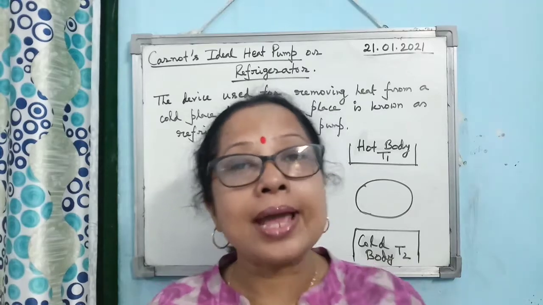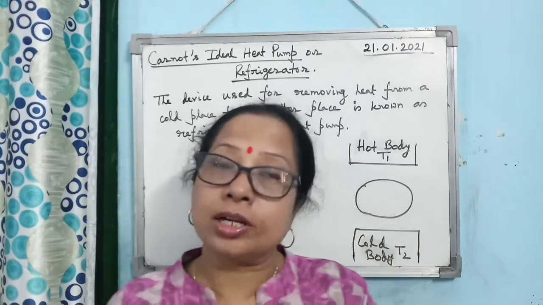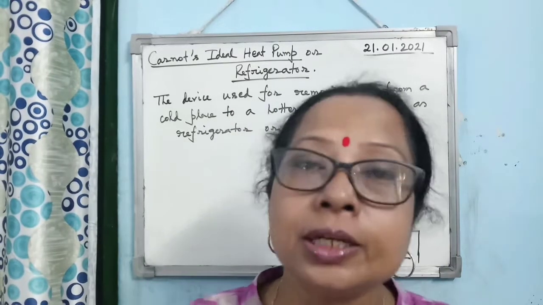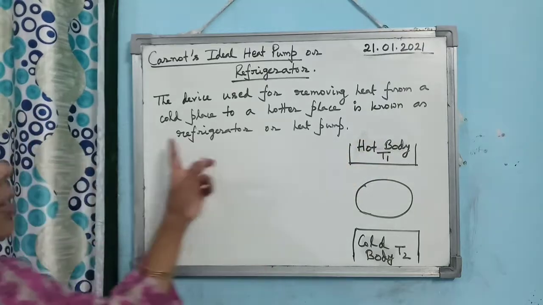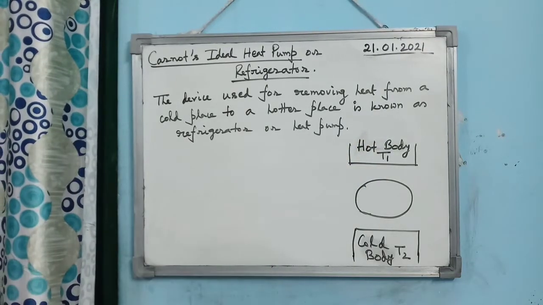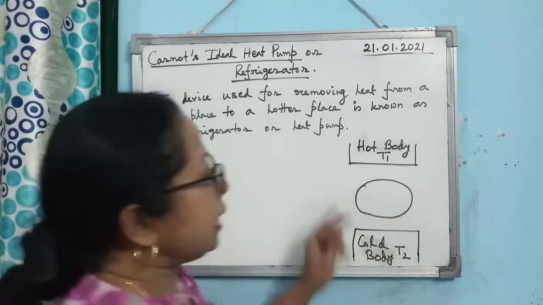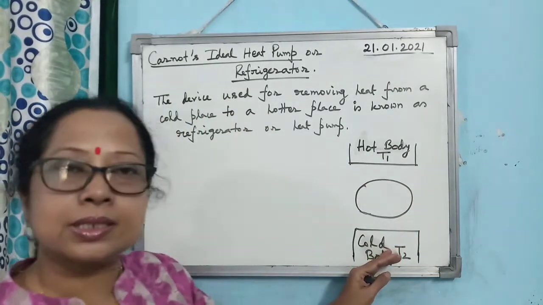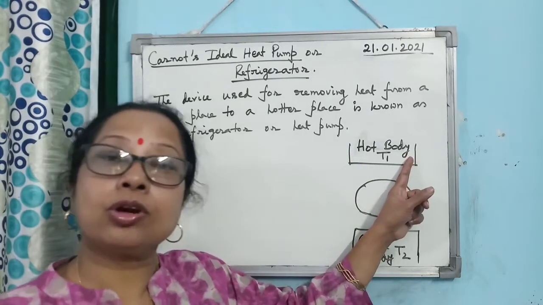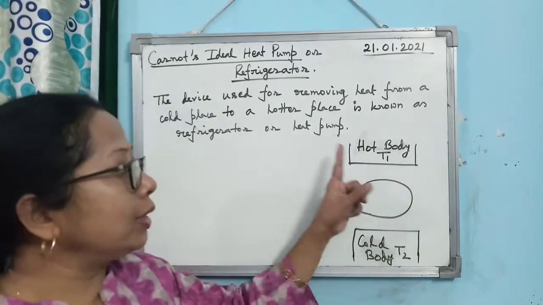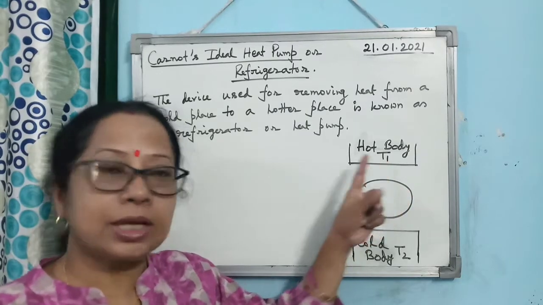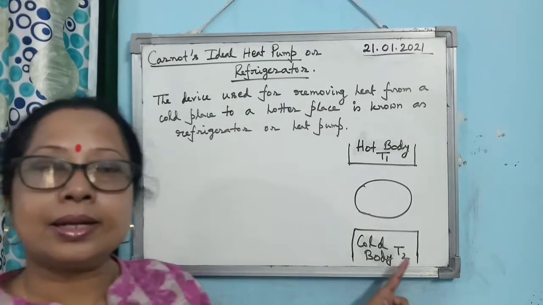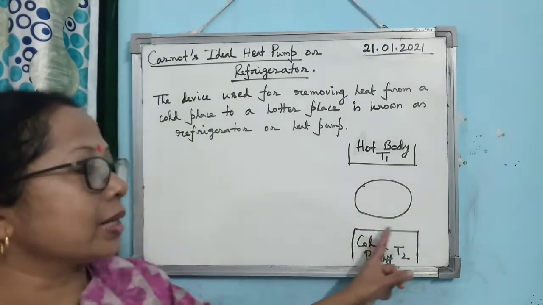Alright. So the device which absorbs heat or transfers heat from a cold body to a hot body, or hotter place, is known as the refrigerator or heat pump. Okay. So you see, if you compare it with the heat engine, in this case also there are 3 parts of the system. There is a hot body, which we call the source in case of the engine, maintained at constant high temperature T1. There is a cold body, known as the sink in case of the engine, maintained at temperature T2. There is a working substance.